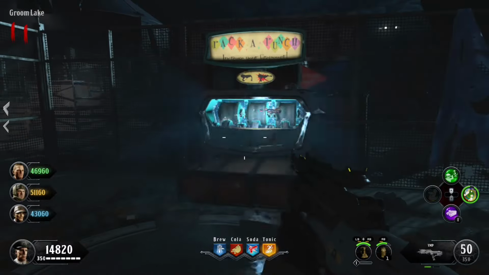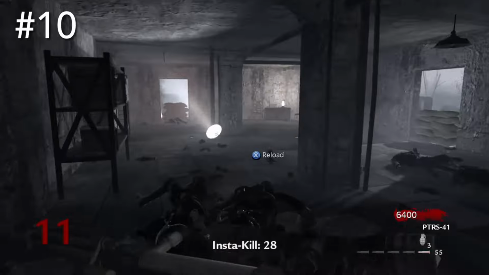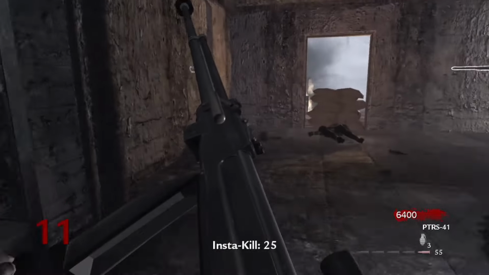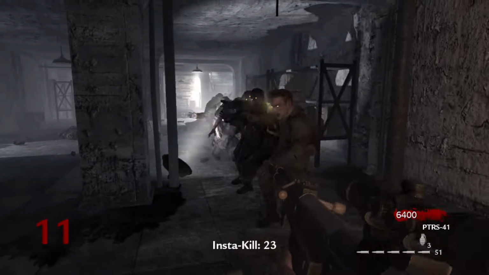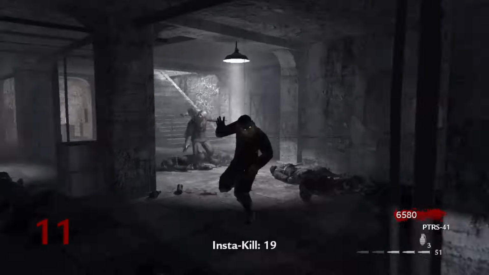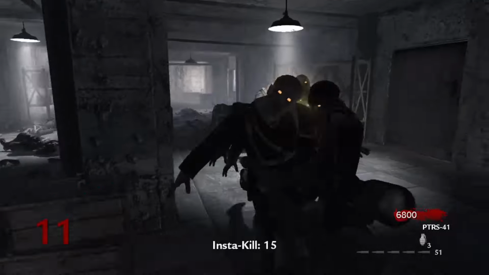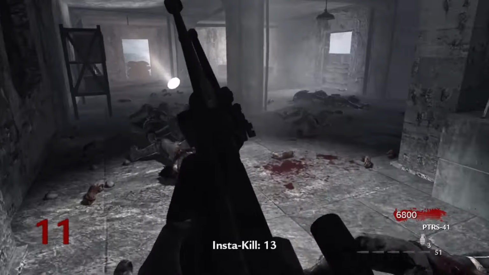At our number 10 spot is the PTRS Sniper. I'm looking at this now, and 11 and 10 should be switched, so that might be reflected in this video where it says 10 and then 11. But anyway, the PTRS is a very, very powerful sniper,